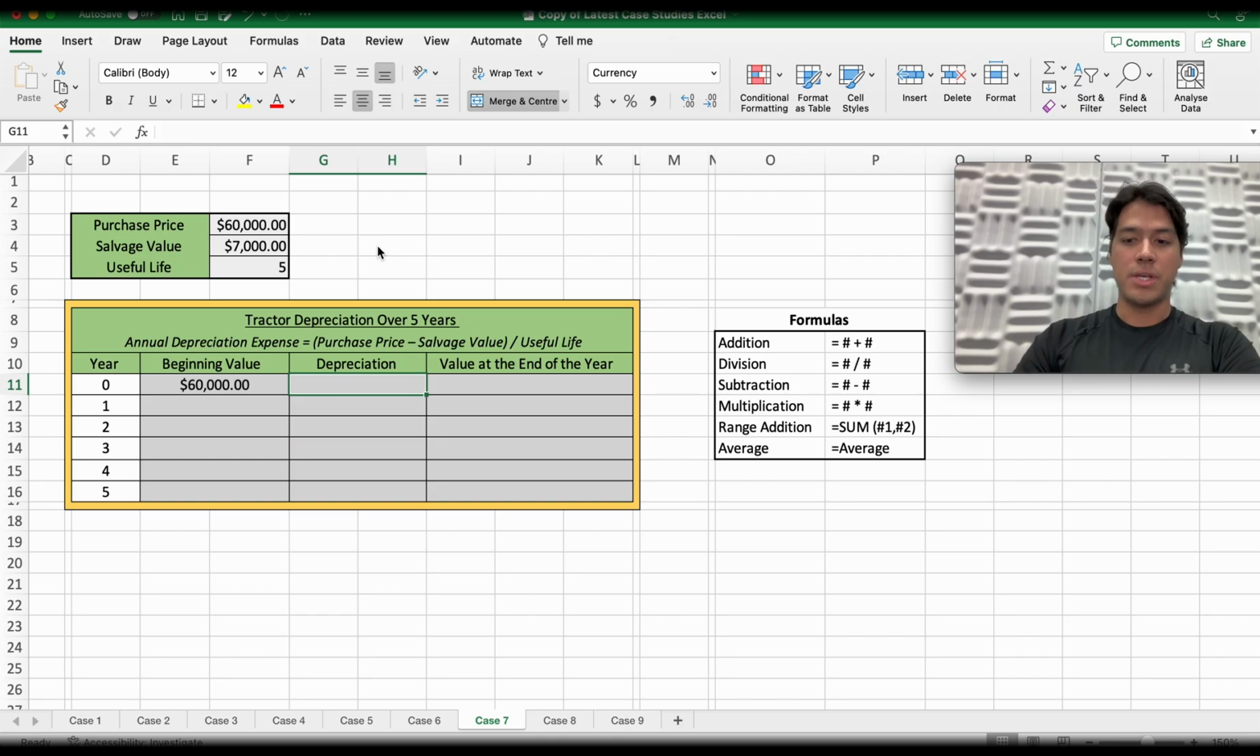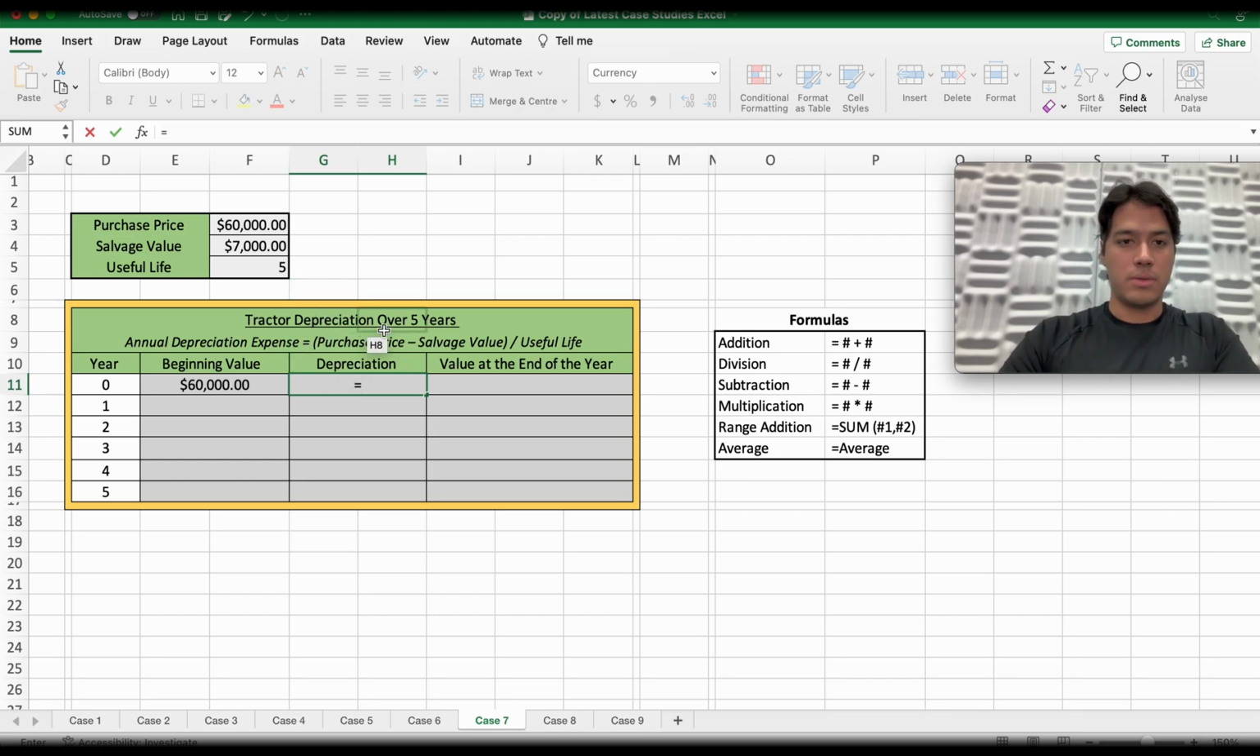Now we have a depreciation value of, let's see, purchase price. Now we're going to use the formula. So it's going to be purchase price minus our salvage value, which is 7,000. I'm going to close parenthesis so I can divide all of it, divided by useful life, which is going to be the 5 years. So it gives me a depreciation of